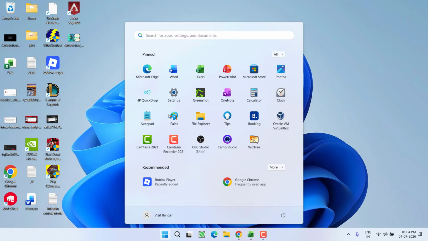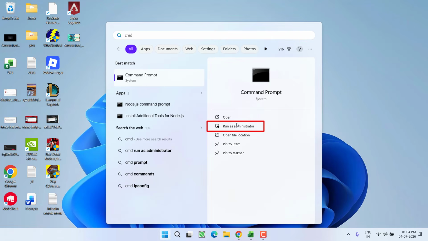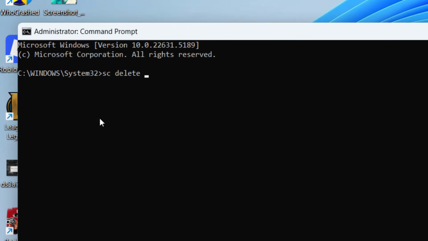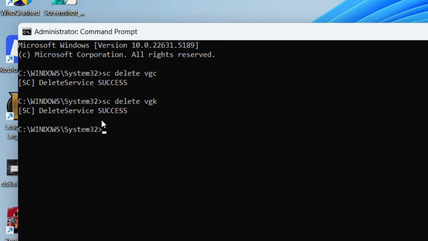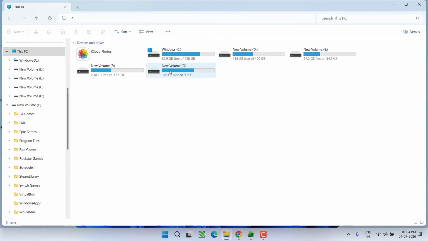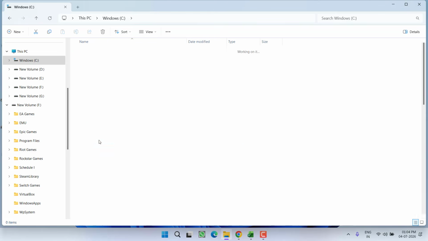Once done, click on start menu, type CMD and choose the option run as administrator. Type here a command sc delete VGC and hit the enter key. Next is sc delete VGK and again hit the enter key. After doing so, make sure to restart your PC and then open this PC, C drive, program files, and here